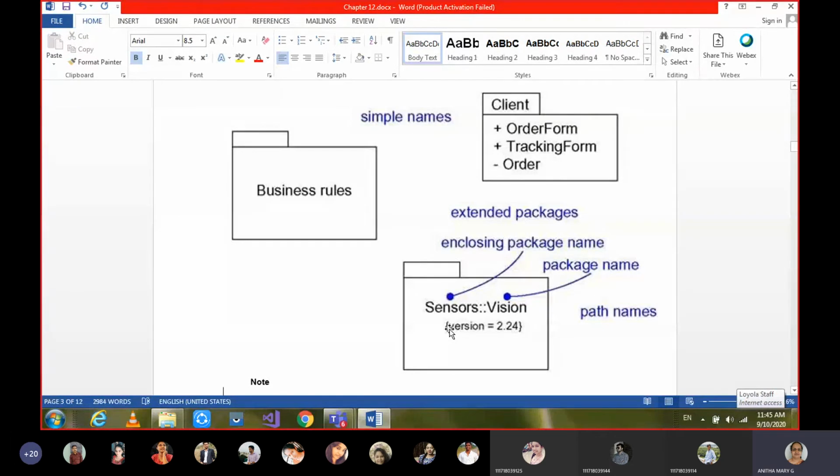Not only giving the simple name and path names to the packages, but we can also give the package details. Suppose you see this example, Client is a package, and here we are able to give the different things which are packed in that package. So the public forms, the public tracking form, and order is private. So that's how we can also maintain.